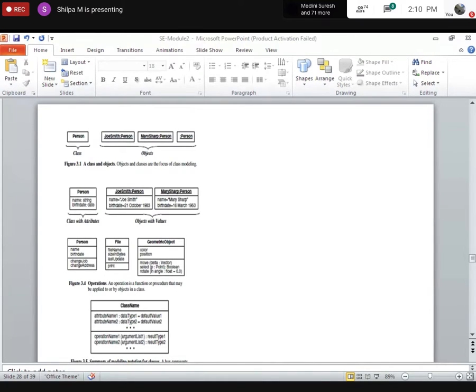Similarly, while you're giving values to the attributes, attribute name, data type is equal to so and so, there also you have to use equals. There you cannot use a hyphen. That is the mistake most of you have made. Otherwise, I think all of you know the concept, but maybe it was a mistake unknowingly, or you thought you need not bother about that syntax. See, while programming, instead of a semicolon, if you give a dot, will your program work?